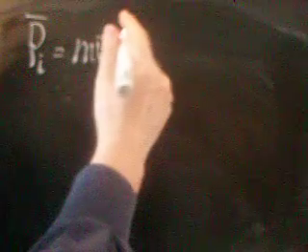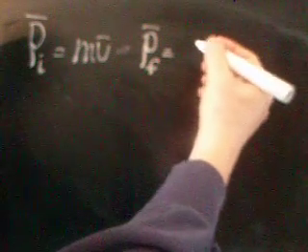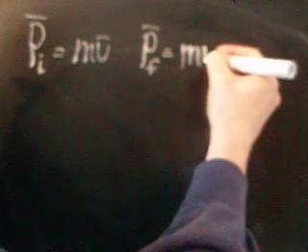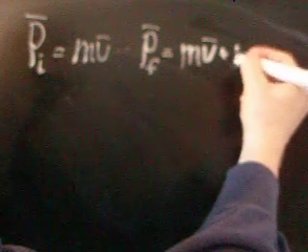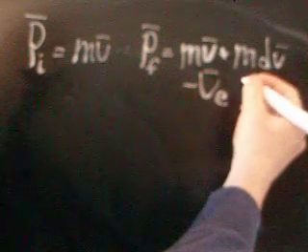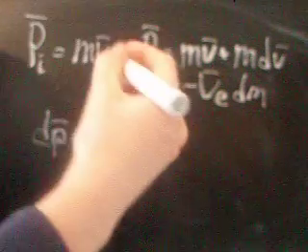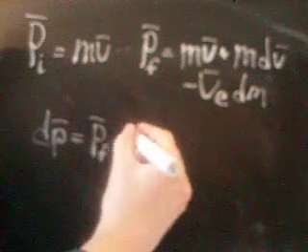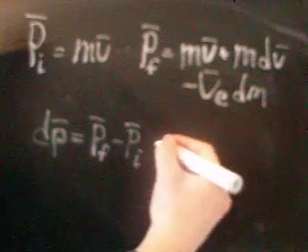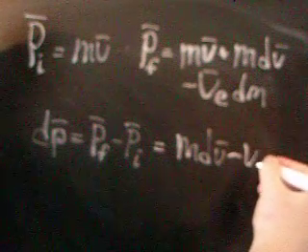The initial momentum P initial was m v, and the final momentum will then be equal to m v plus m dv minus ve dm, and the change in the momentum dp will then be p final minus p initial, and that will be m dv minus ve dm,